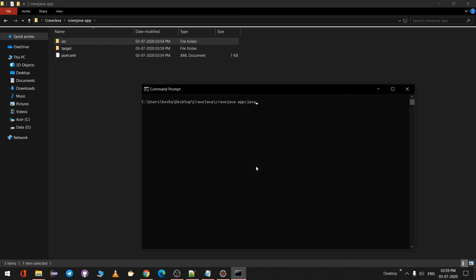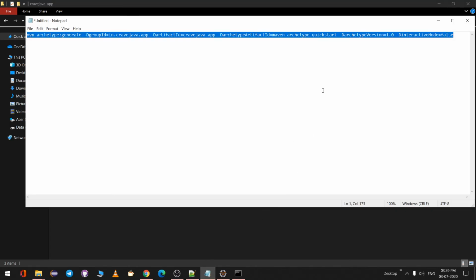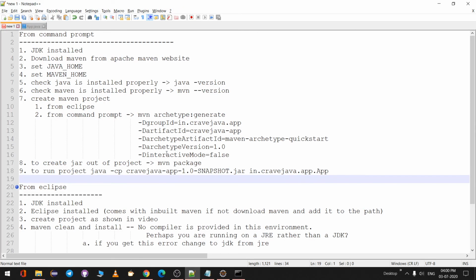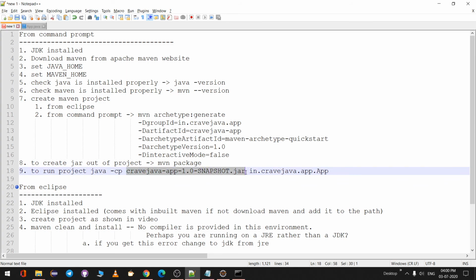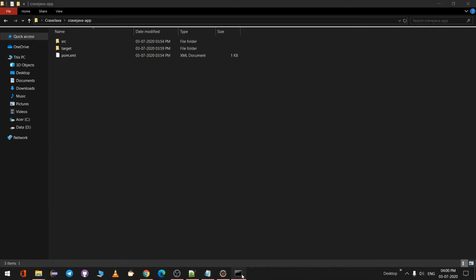Now I will go inside the target folder, or you can do it from here only. I'll show you, java minus cp slash target. I need to basically copy this, one second, the snapshot jar name.